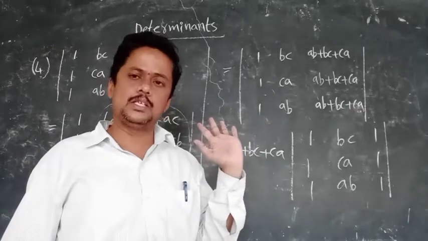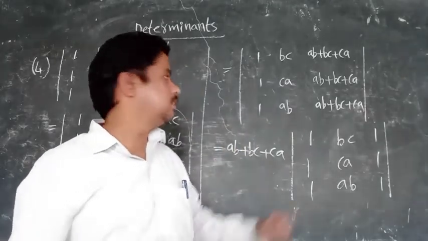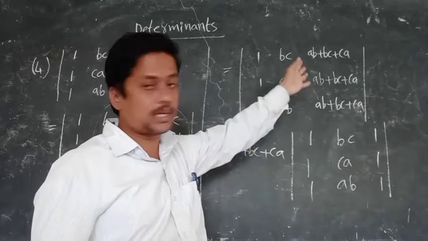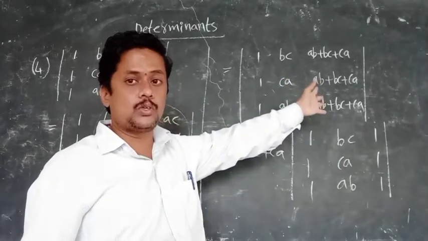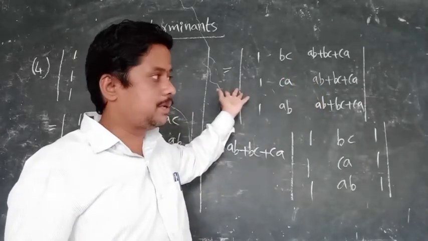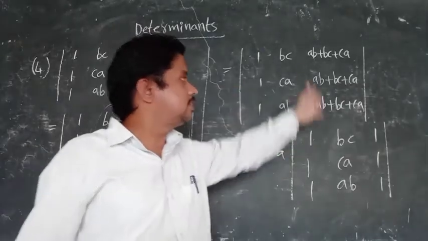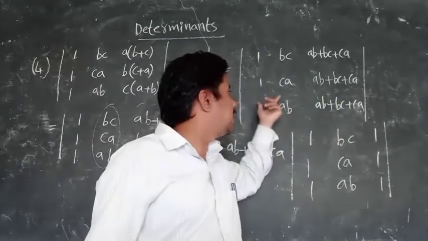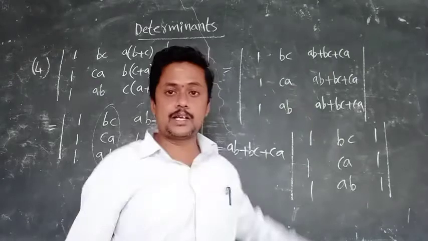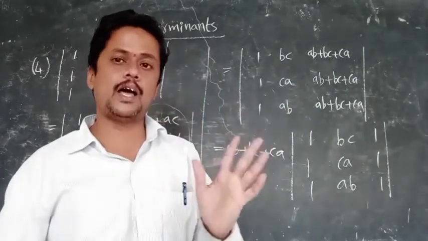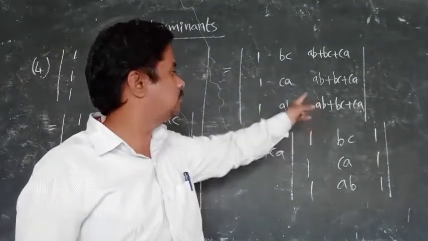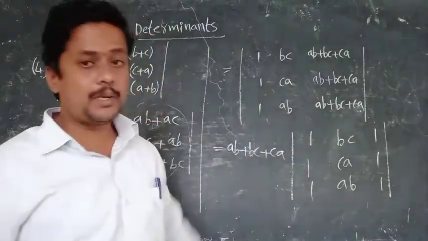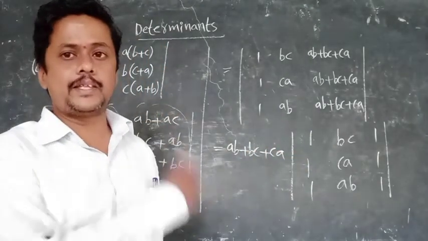Understand? So that is a property. So that's why, AB, BC, CA are in one column, the third column. So I will take common AB plus BC plus CA and get this one. See, it will be 1 1 1, and the first column and second column remain the same and the third column is always changing. Okay, that is 1 1 1. Right? Why? Because AB plus BC plus CA is being taken common.